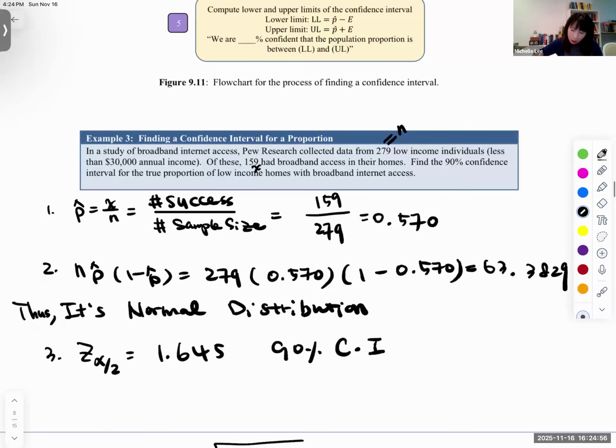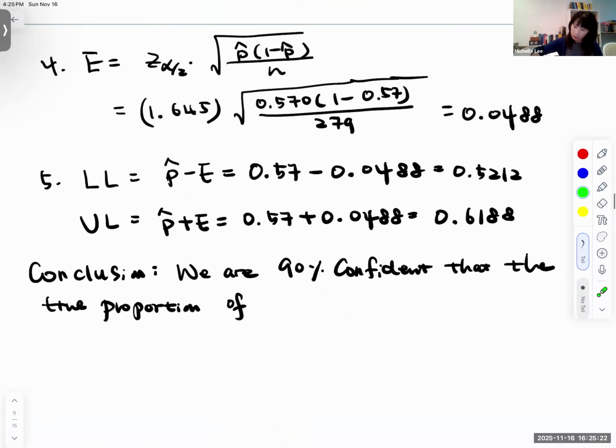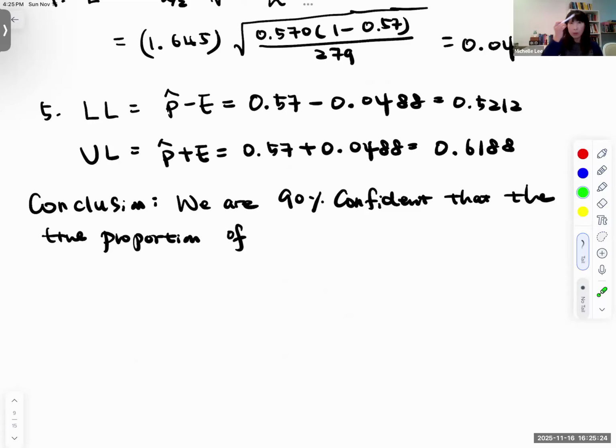So low income individual with broadband, low income home with broadband internet access. It's between the lower limit and upper limit, right? So let me write it down. So true proportion of